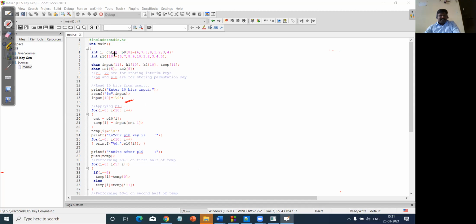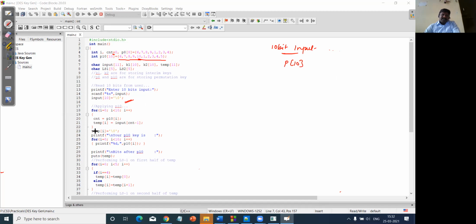Now, this is just initializing the variable cnt, the count value, which is 0. Now this is for 8-bit value. So initially I'm going to get a 10-bit input. Whatever value I get, after permutation this is going to define the position of the value.